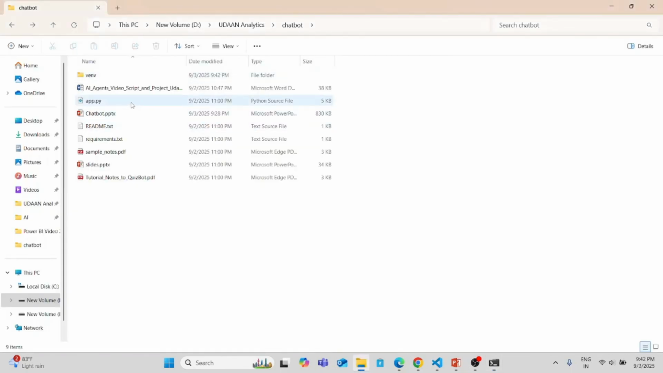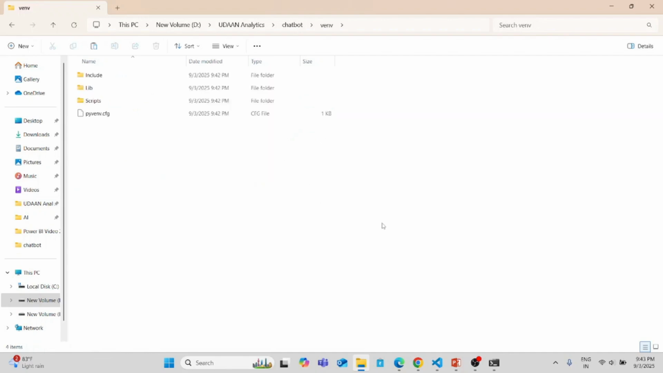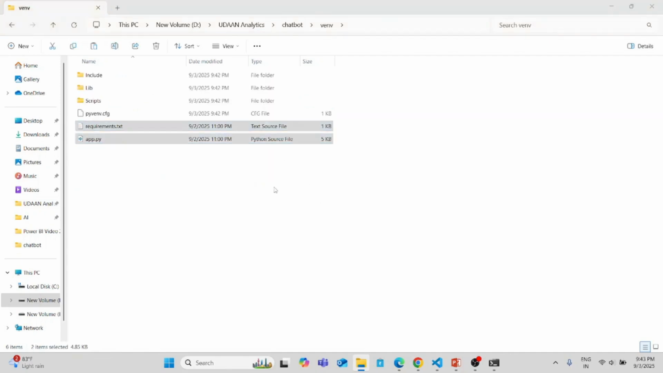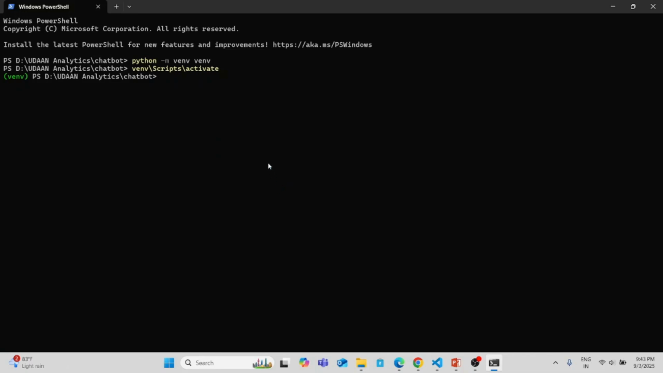There are two important files in this: app.py and requirements. I will copy them from here and paste them into my virtual environment. Now I need to install my requirements. As you can see, I'm installing everything from my requirements file, and when I click enter,